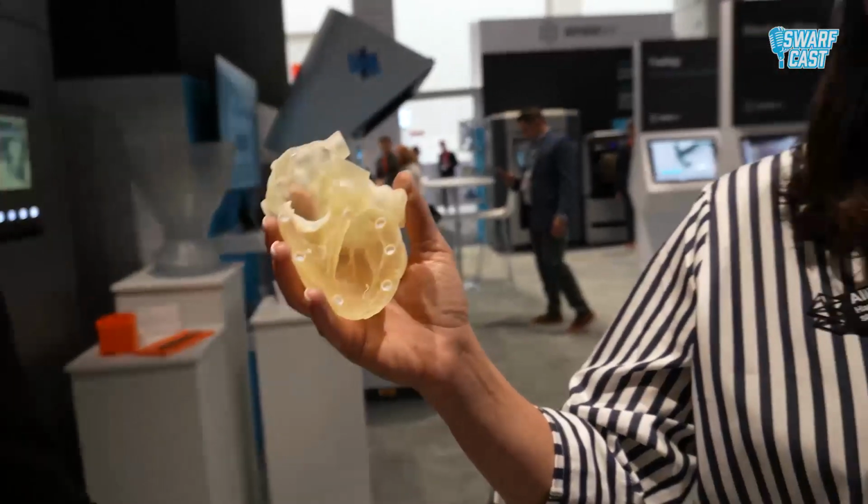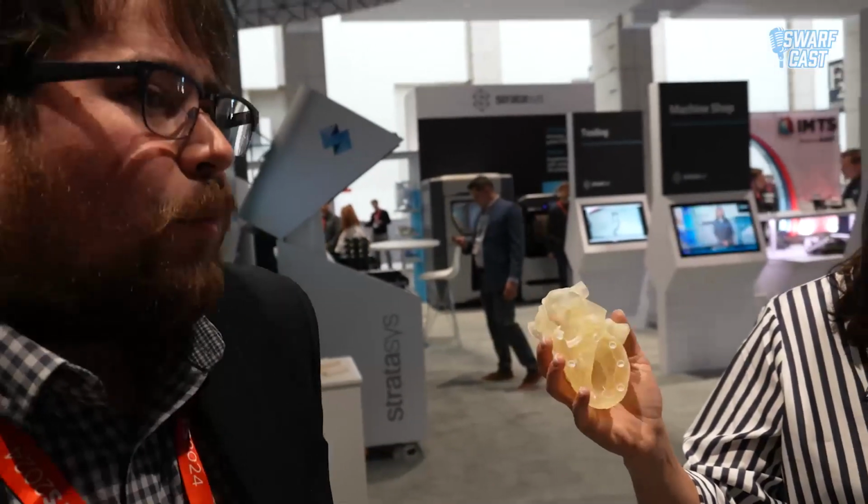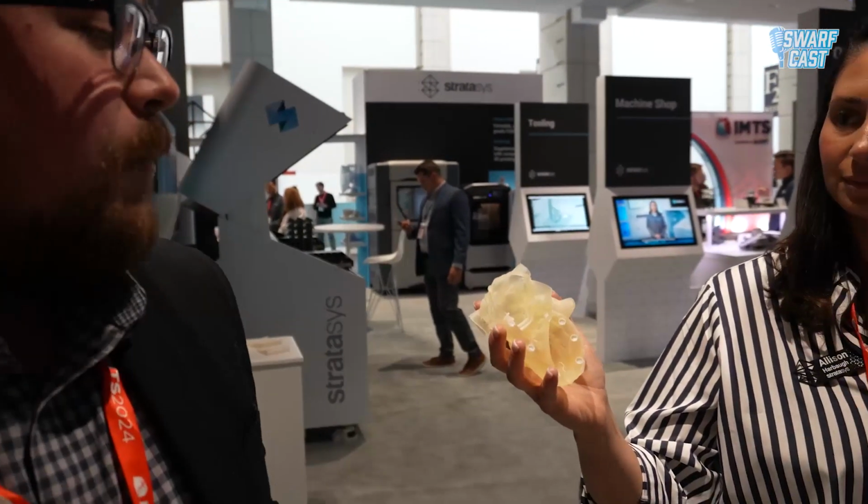Today what we're really looking at is more of the plastics that Allison is mentioning here, with this heart. So it feels realistic, it looks somewhat realistic, right? There's no blood flowing through it, but it's a model that we can bring into the operating room and have a surgeon practice a surgery, or a clinician practice a surgery, before they do it on a real live human being, lowering the risk and the chance of complications to that patient. Yeah, right. And they were telling me before that you can actually specify, oh, I want the heart of an 80-year-old or the heart of a girl or...